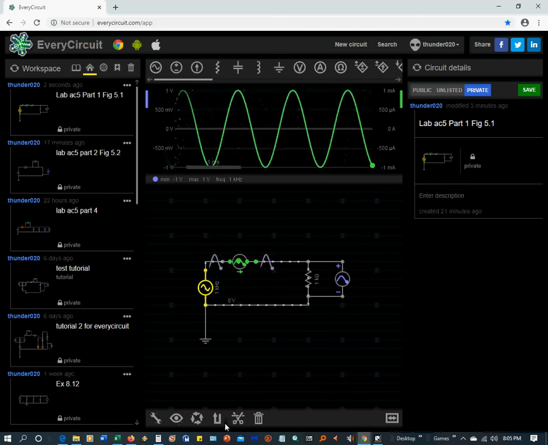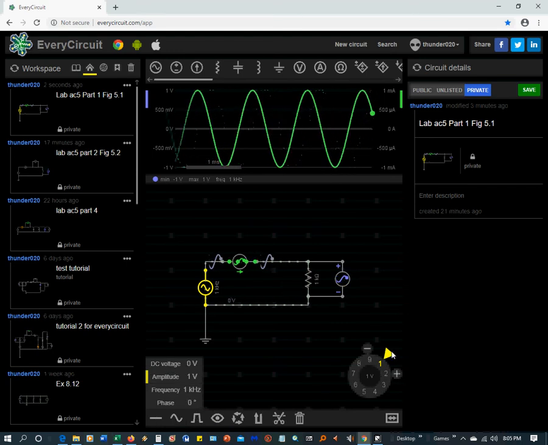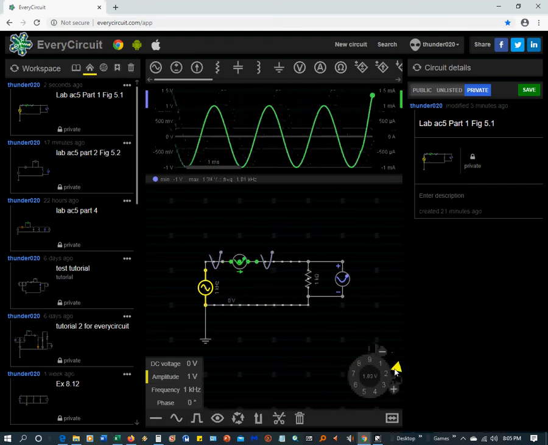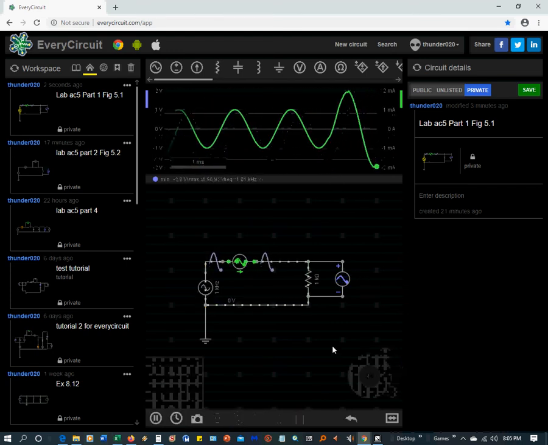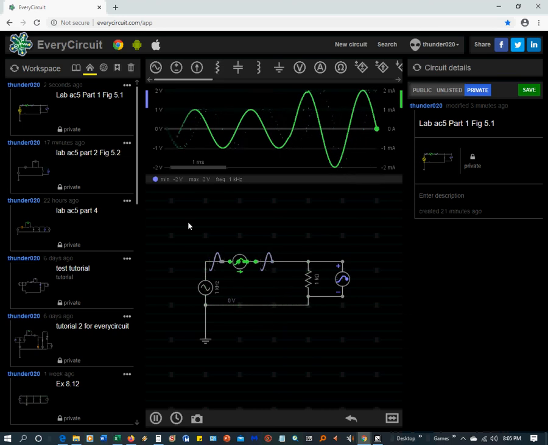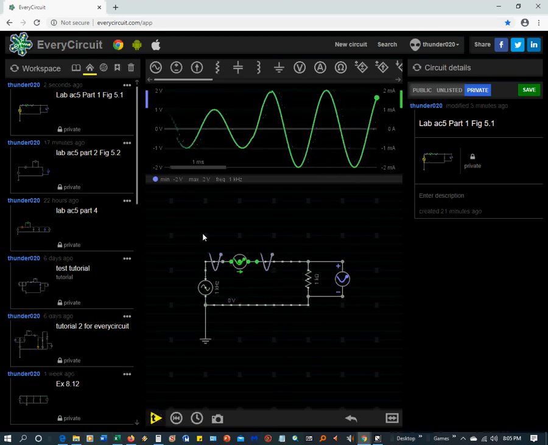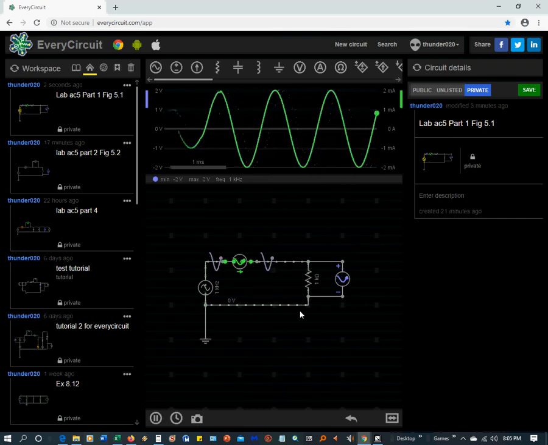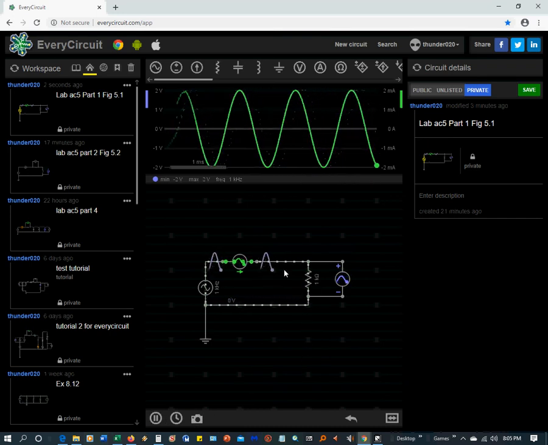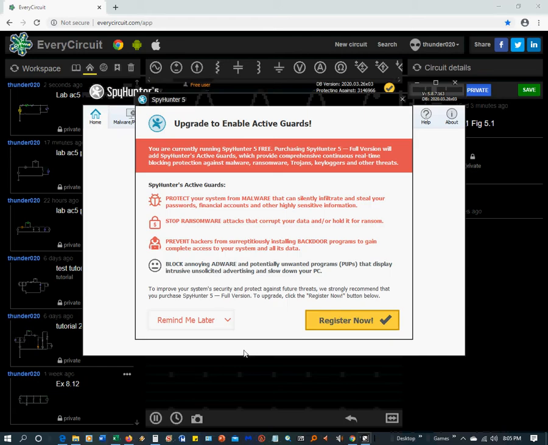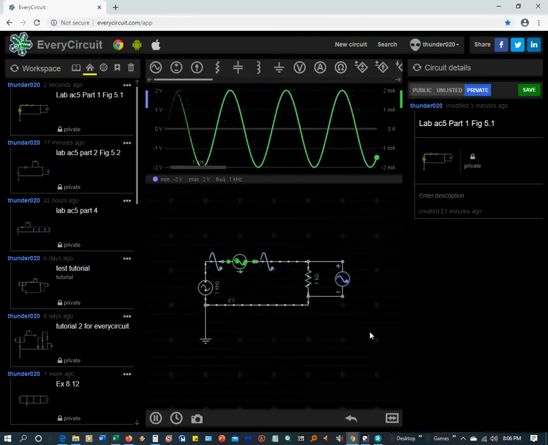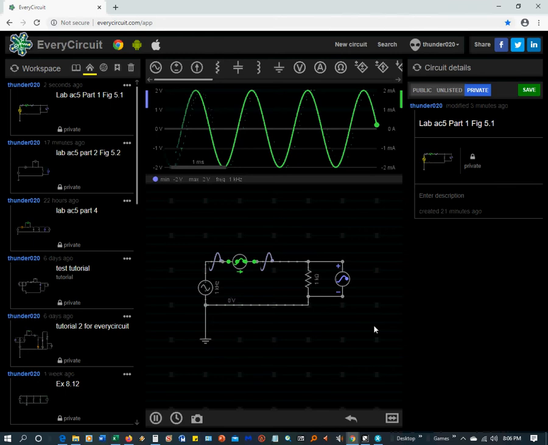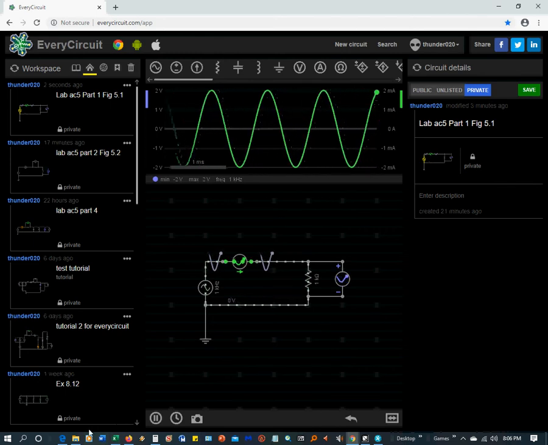So I have to change the voltage, turn it up to 2. It was set to 1. And now it's 4 volts peak to peak. You can see the min and the max is 2 volts. So now we have everything set, and then what we want to do is record our voltages, or record our current. So if we go back to the table,